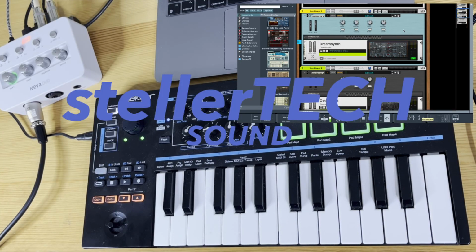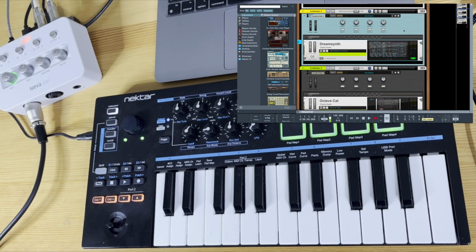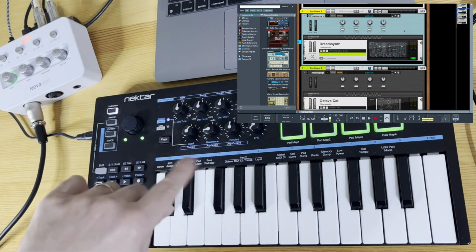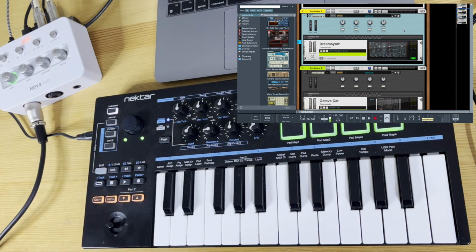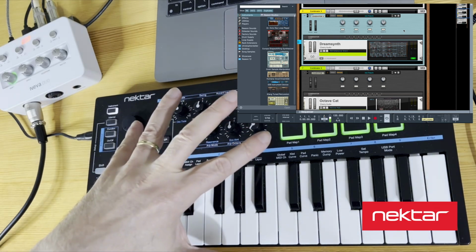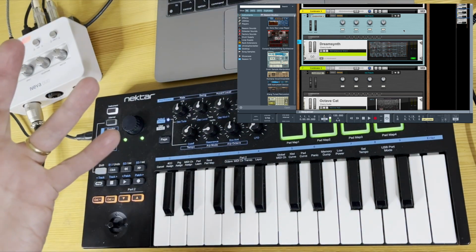Hi, this is Chris. On this occasion, what I actually wanted to do was show a little bit more about using the controllers on my little Nektar, which are actually the same 8 kind of controllers that are mapped through to all of the different